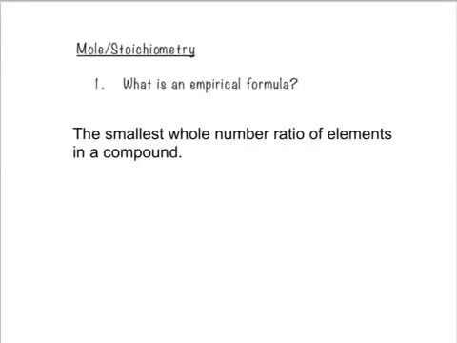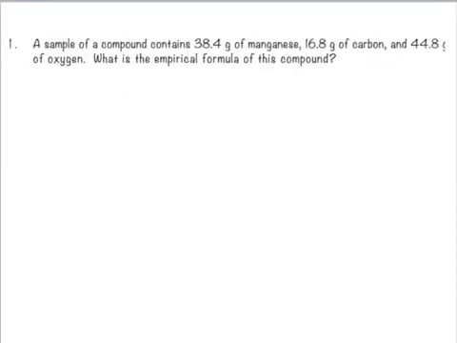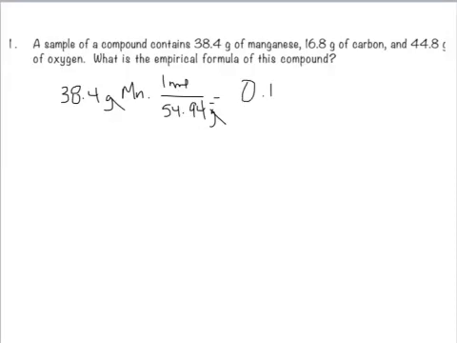An empirical formula is the smallest whole number ratio of elements in a compound. To perform this type of calculation, you need to calculate the number of moles of each element present. So if you have 38.4 grams of manganese, well, looking at the periodic table, I know that 1 mole of manganese has a mass of 54.94 grams. Grams cancel. 0.699 moles